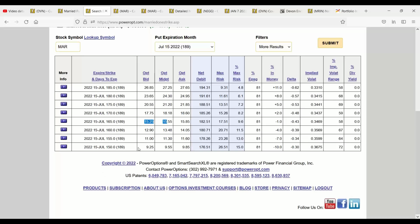Why don't I buy the out of the money that's cheaper and only $9? Because the insurance doesn't kick in until 150. This is all time value. So the stock has to fall 16 points to 150, and I'm putting up 955. So I'm at the 15% risk range in the worst case scenario. That's why we apply the 3 core principles that we talk about with radioactive trading to get those risks that